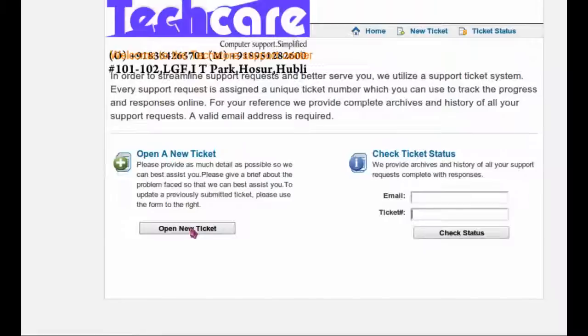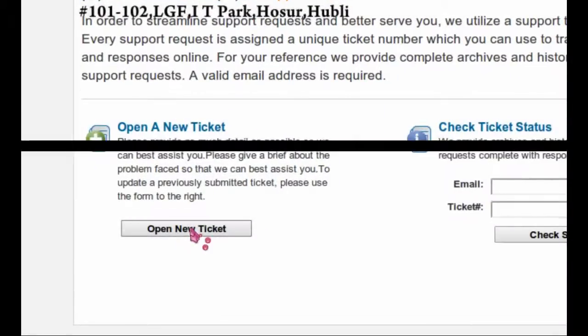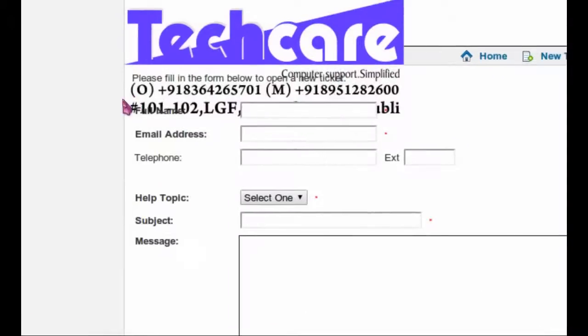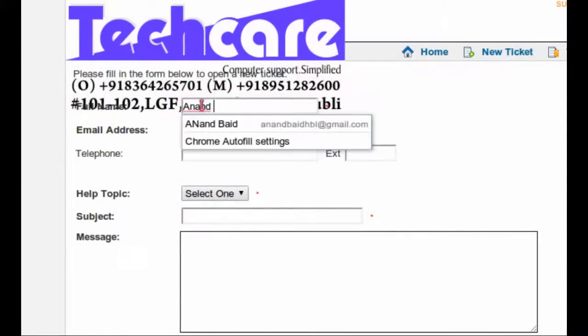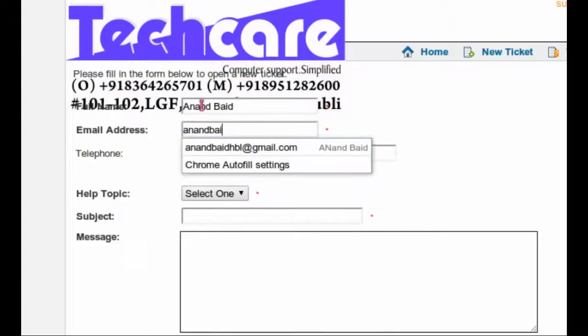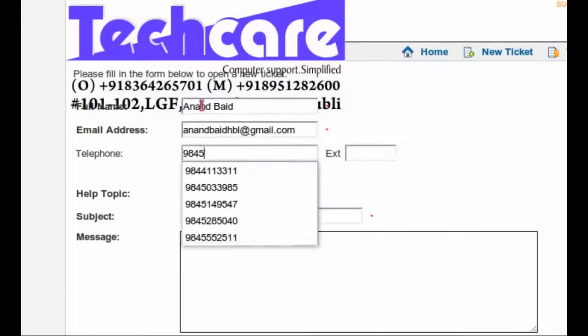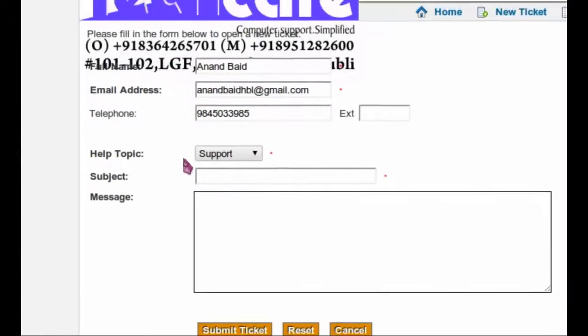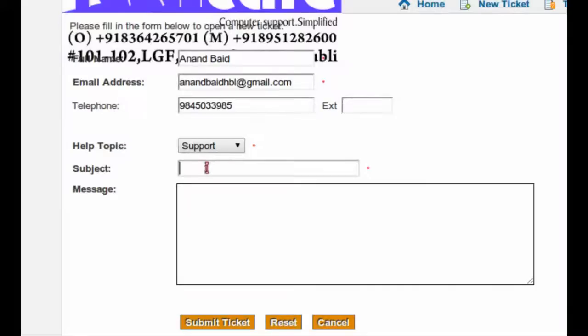So let us just open up a new ticket here. It will ask you for a name. I'll put in my name here and I'll put in my email ID. I'll put in my phone number and I'll say I have a support query here. Now I want to have my service of the computer done. There is some problem with my computer, so in a brief subject I'll put in say blue screen